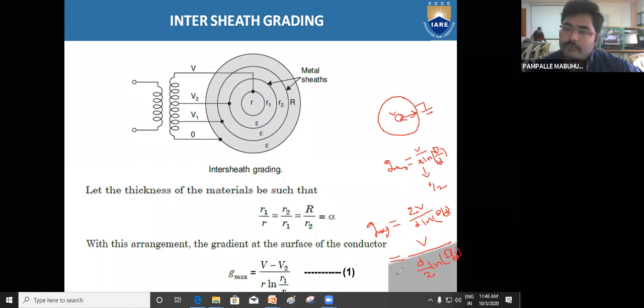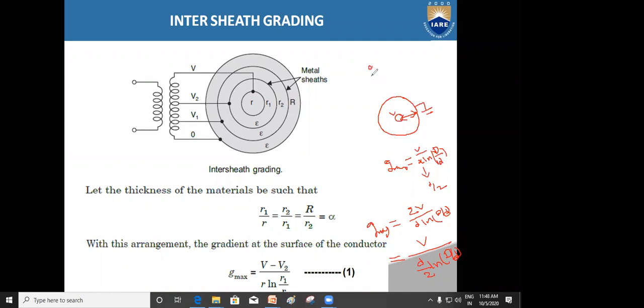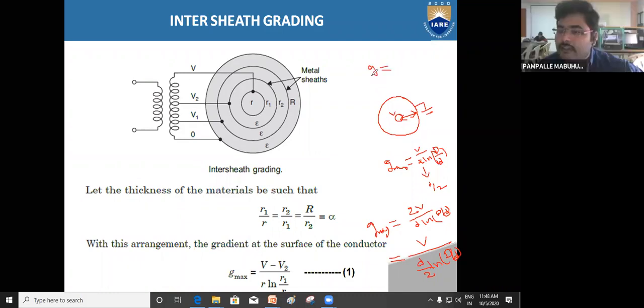Okay, so generally, the general equation for the G value will be V by X ln capital D by small d, for this case, without using intersheath grading. Now here,